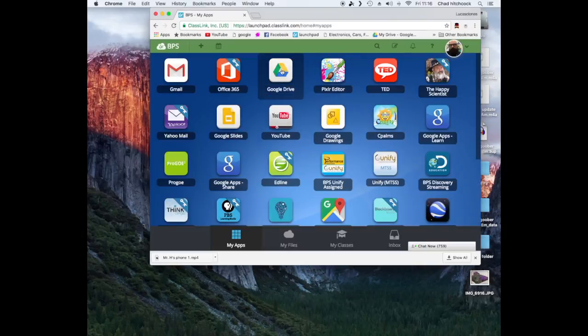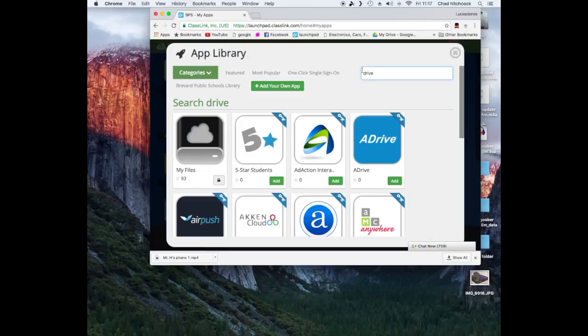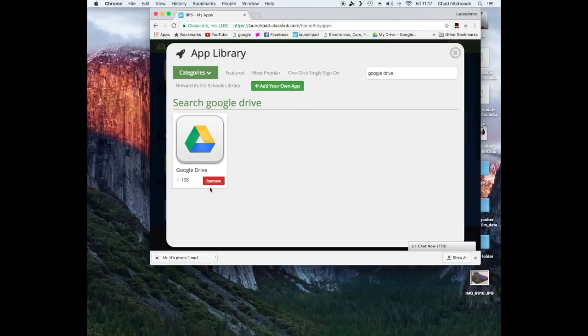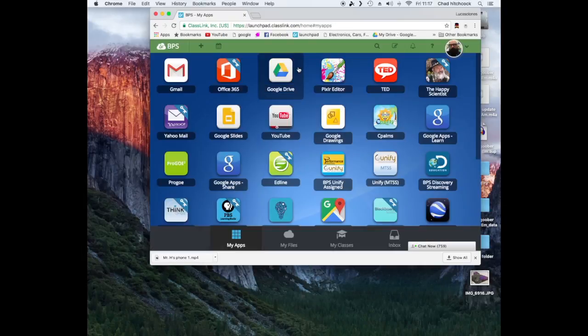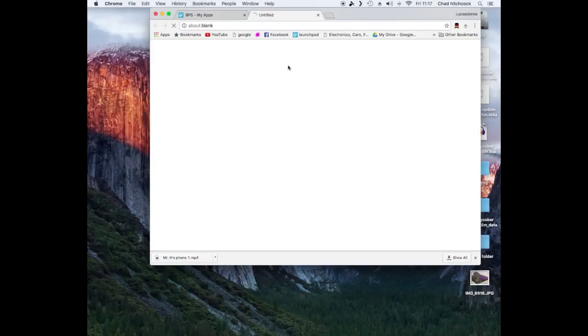Okay, so then what we're going to do is go to Google Drive. Now you see Google Drive and Google Docs are the same thing. You can save a link to your Google Drive in your Launchpad here, and if you don't know how to do that, you can press the plus button. Just type in Google Drive, search, and there it is, and then press the add button. So then the next thing you're going to do is click on the Google Drive icon in